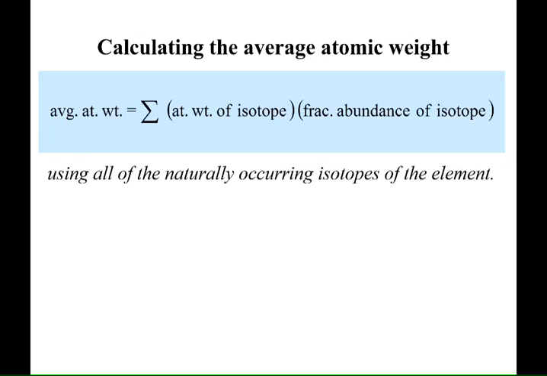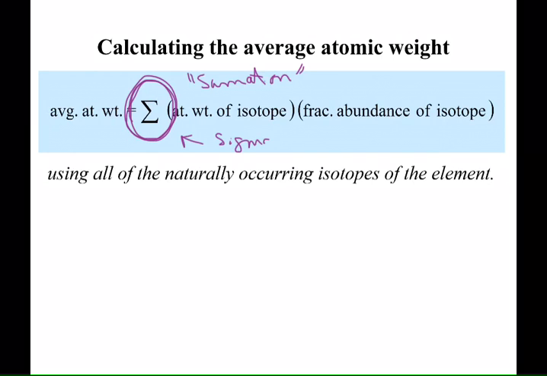So you may not have run into this. This means summation. Summation, of course, means to add, and that is a Greek letter, capital sigma. It means summation. So what it says, basically, is that for each isotopic form, you have to multiply how